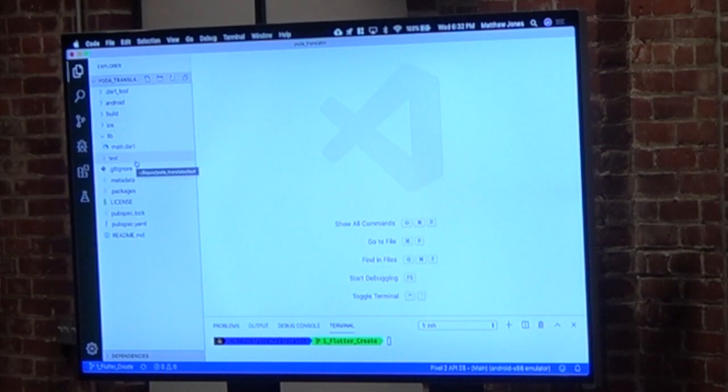And then we have a test folder. There is built-in unit testing inside of Flutter. You can test everything. We're not going to be demoing that tonight just because for the sake of brevity, I didn't think you guys wanted to see me write unit tests. So when you generate that, it creates a demo app for you.